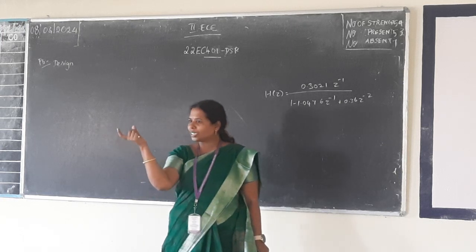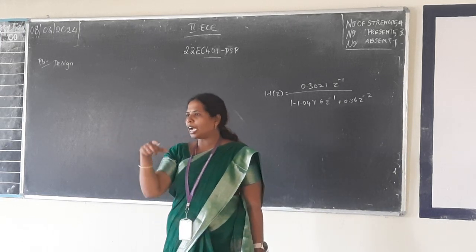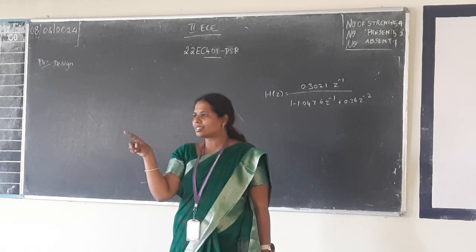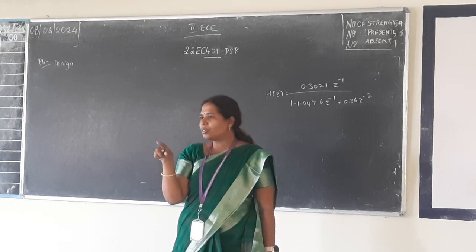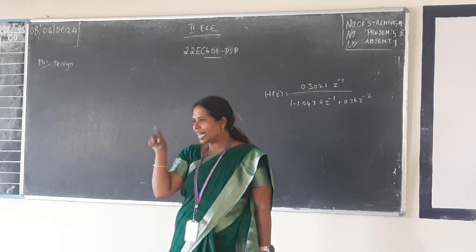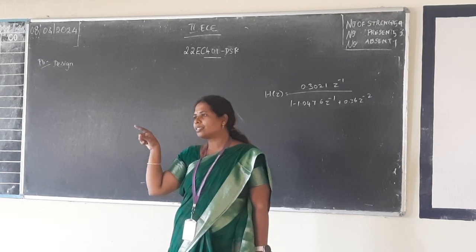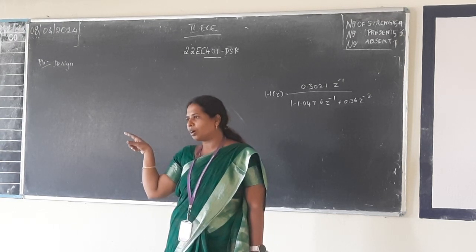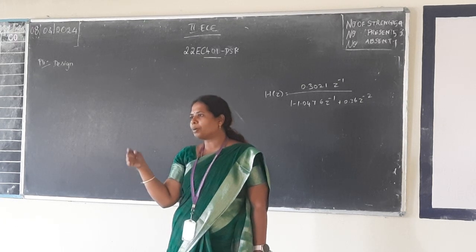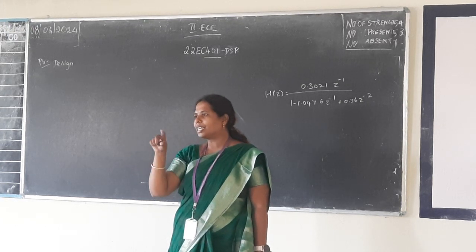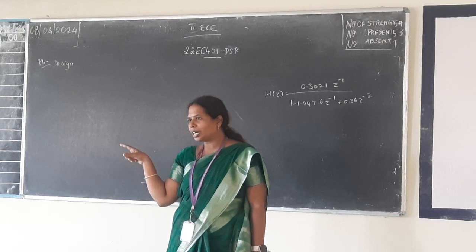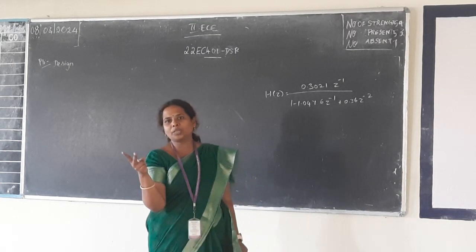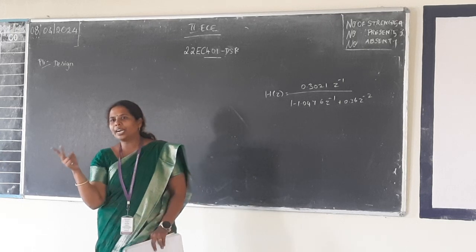Otherwise, we can take the transfer function from the transfer column. Directly we can use the H of s normalized transfer function value. Here we are going to find out the poles. The poles S1, S2, S3 have the formula A cos phi 1 plus j B sin phi 1. From those poles, the denominator is (s minus s1)(s minus s2)(s minus s3). Likewise the denominator will come. For the numerator we have two conditions.